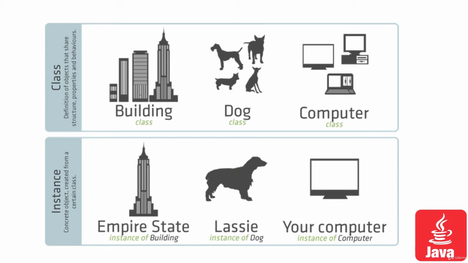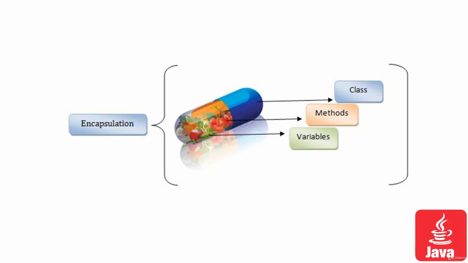Next are classes and instances. We know a class could be classified as a generalized entity having the same behavior for different instances. So there could be the top 10 buildings called skyscrapers, and the building would be the underlying class. There would be different instances, say Burj Khalifa, Taipei 101 Tower, or the Empire State Building. Such are the instances of the building class. Similarly, we have more classes and more buildings.